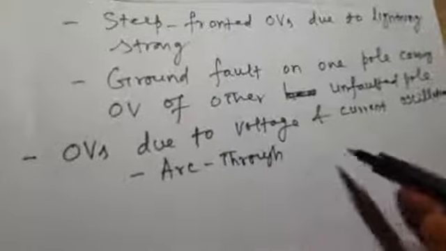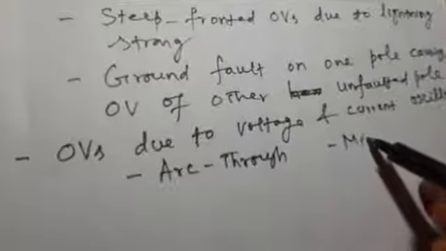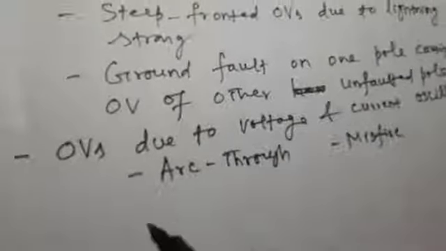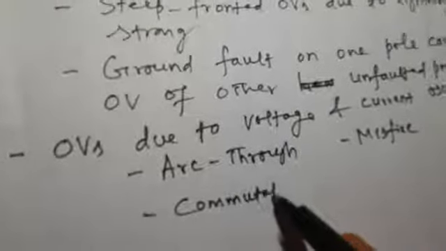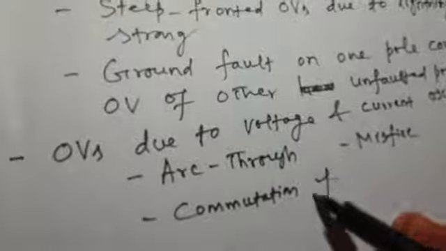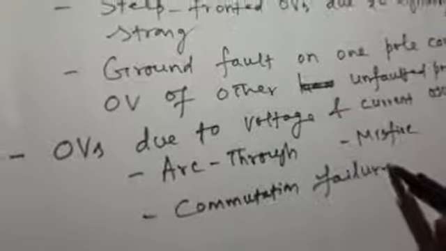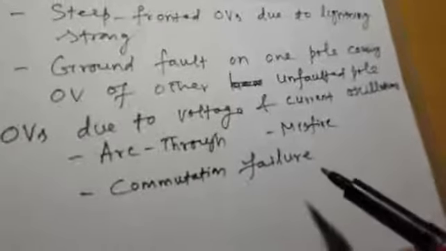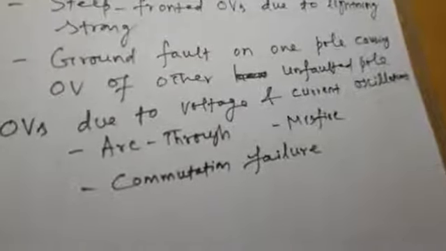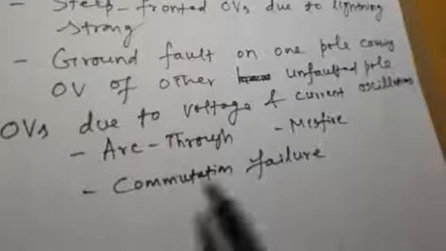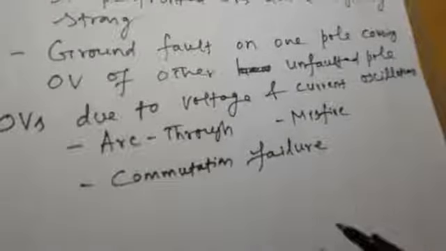The second type of maloperation was misfire, and the third type of maloperation was commutation failure. If you go back, revisit the waveforms which you have drawn when these maloperations take place in your converter,